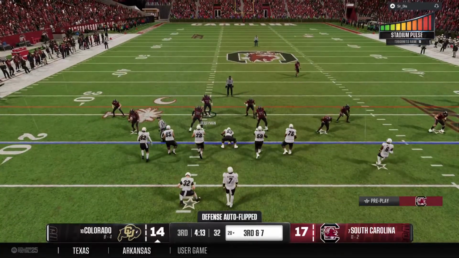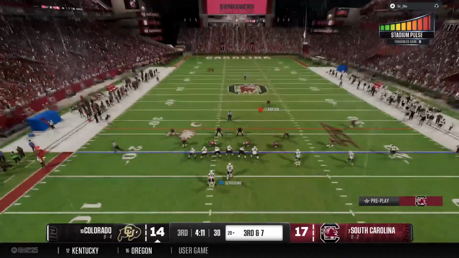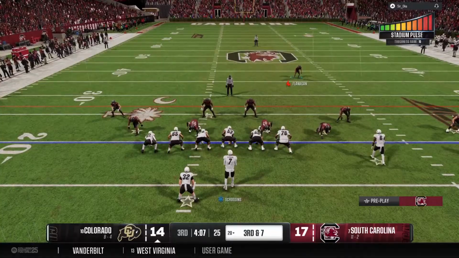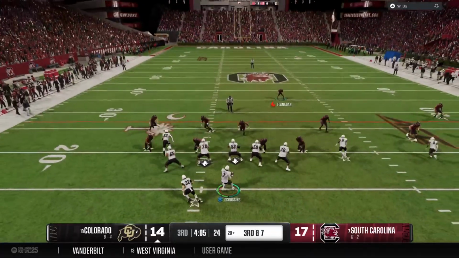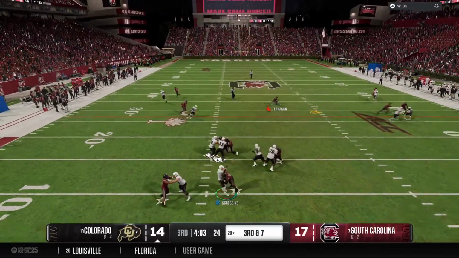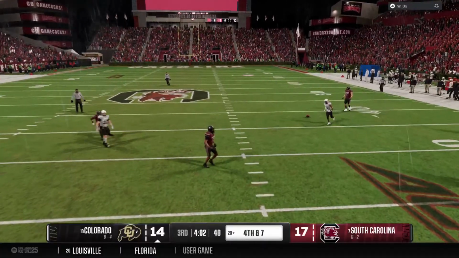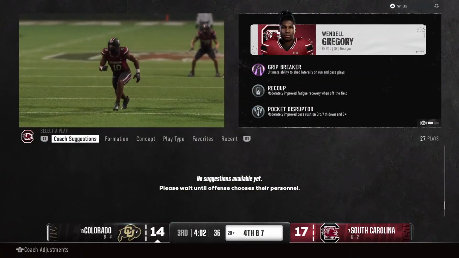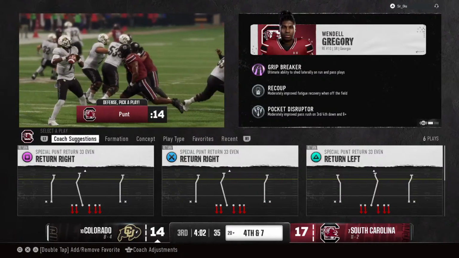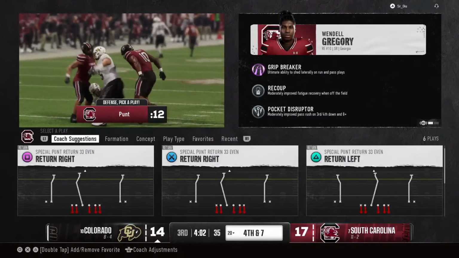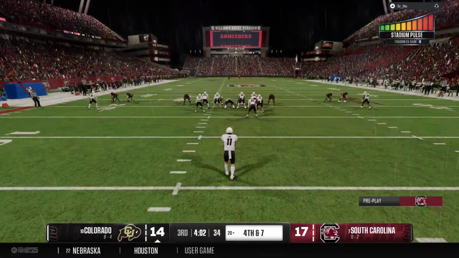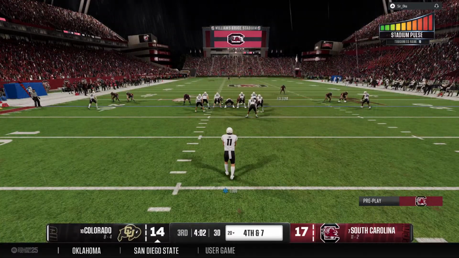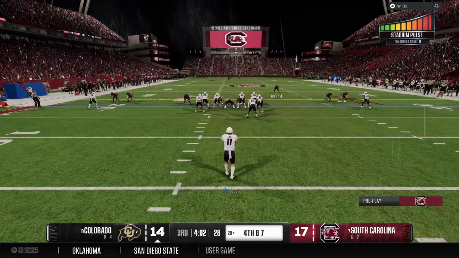They're backed up here, trying to make something happen on 3rd and long. Dropping back, they're going to throw for the first down. Contact as he let the ball go. Incomplete. He was hit as he threw the ball. That's a big 3rd down defensive play. I see what the quarterback's trying to do here. He's holding on to that football to the last possible second to give that play a chance. But he held it just a little bit too long. And the defense is able to hit him to force that incompletion.